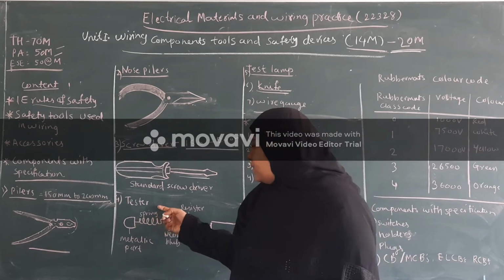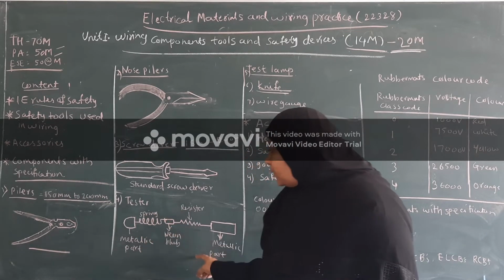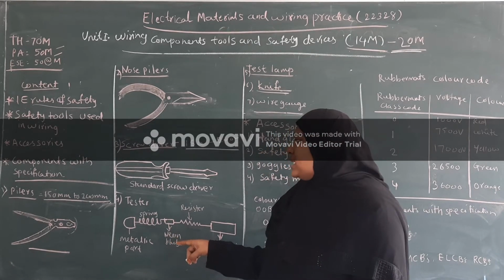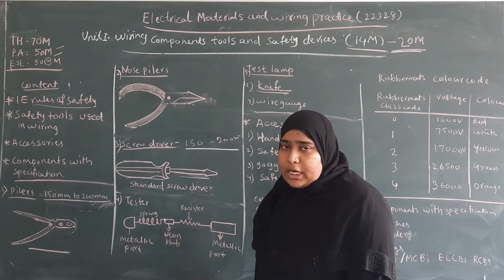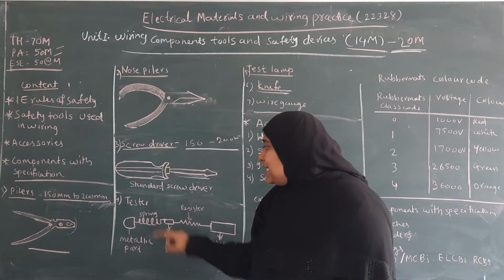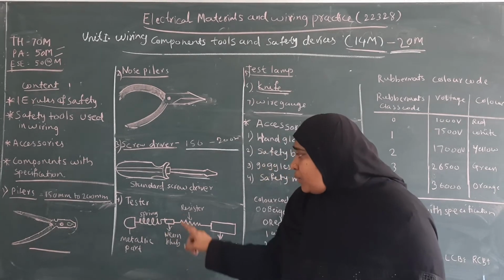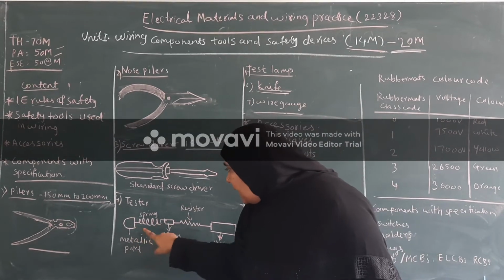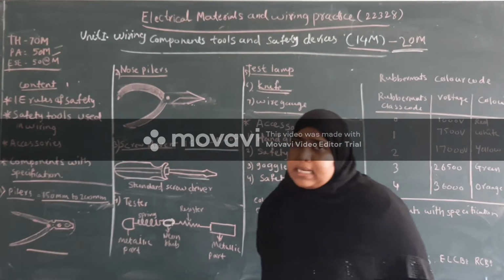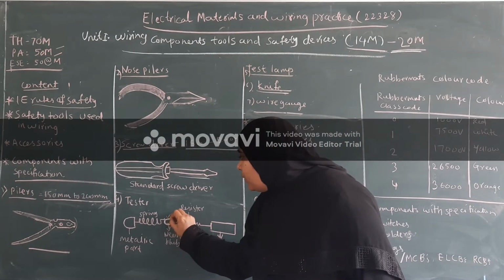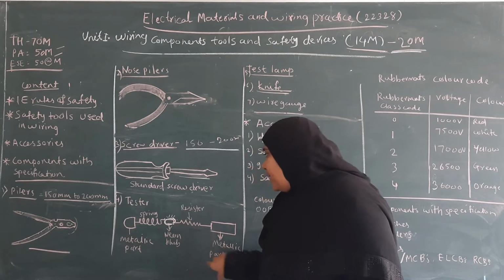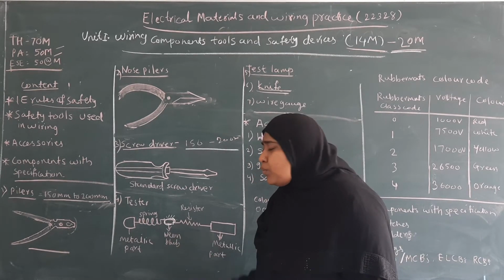Next is the tester. I am drawing a small internal diagram of the tester. All of you know what a tester is. The tester is used when the continuity of the line part is being checked. In the tester diagram, this is the metallic part, next is the spring, and this is the neon bulb. When the connectivity is present in the circuit, at this time the neon bulb is on, which means the connectivity is there. Okay, next the resistor and metallic part. I am just drawing a simple diagram of the tester.